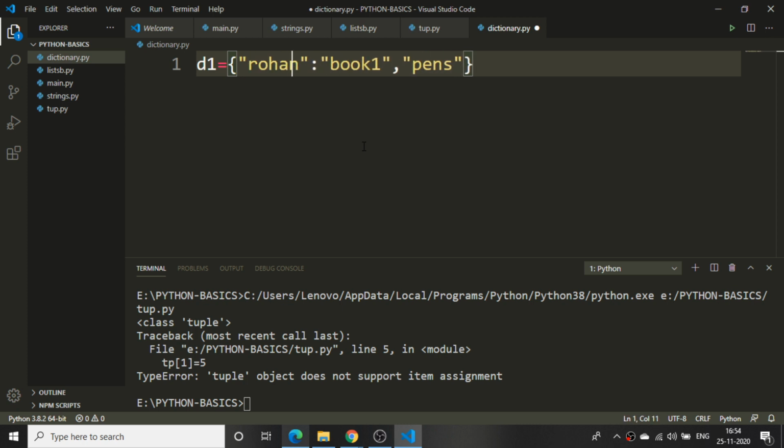I'll use Rohan, he likes pizza. And after Rohan I can add Mohan, he likes burger.